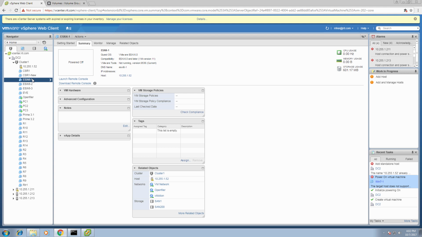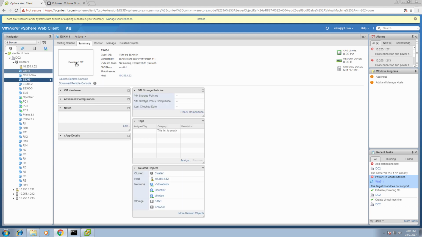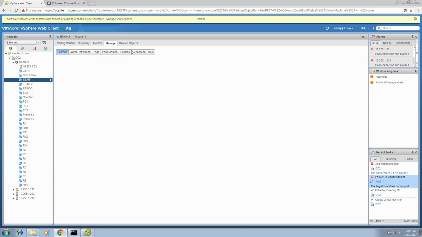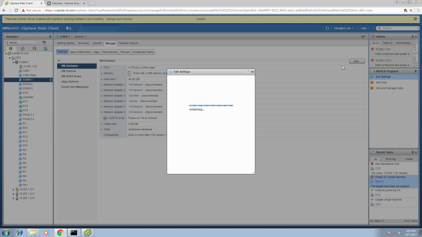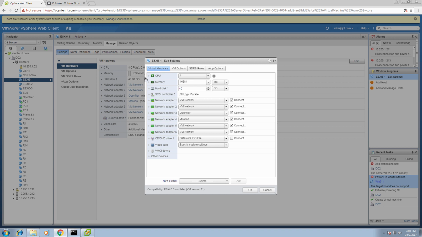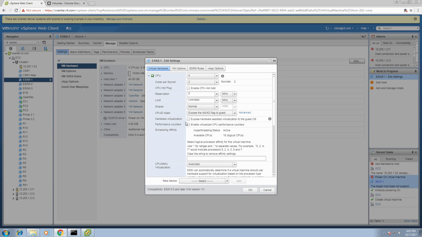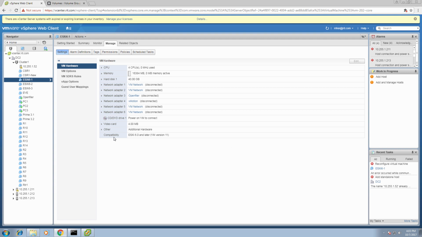let's see. If we come in here, okay, so this will actually work out. Let me click on this guy, and if you go to manage, and we go to the VMware hardware, and we go to edit, the VM has to be powered off too. That's one of the big things. We're going to go here to the CPU, and in the CPU, right down here, the hardware virtualization: expose hardware assisted virtualization to the guest operating system. We're going to go ahead and say OK, and that's going to allow